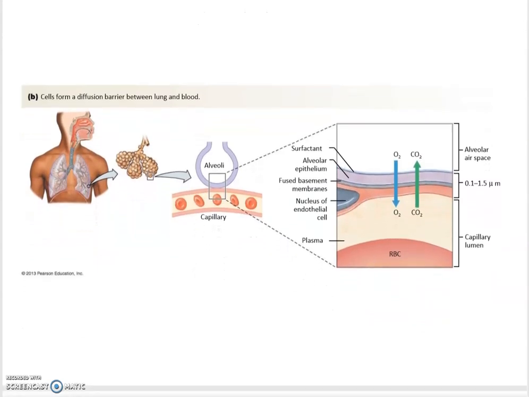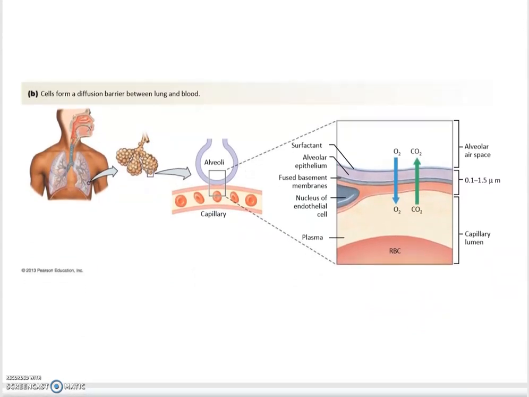So here would be the gas exchange or diffusion barriers that we talked about earlier. We're talking here about the diffusion distance between the single layer of epithelial cells in the alveoli, then you have a single epithelial layer of cells lining the capillary, and then you need to go into a red blood cell. So you have a relatively small diffusion distance there, and that's what you need. So here, in the diffusion across these two layers of epithelium, oxygen needs to go into the plasma first and then into the red blood cells, and then the CO2 needs to go from the plasma into the alveoli